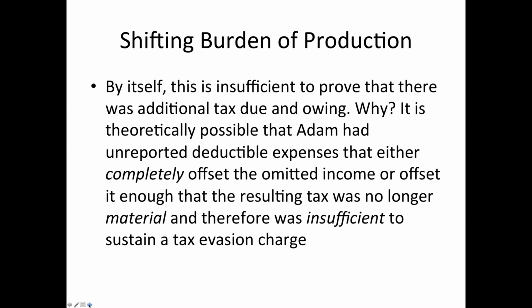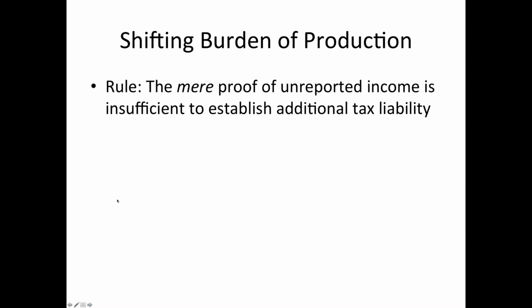The ones that become most interesting for the government, and that give them the most appetite, are the ones where the tax deficiency is over $50,000, or rather the amount of unreported gross income is in the six figures and the amount of tax deficiency exceeds $50,000. That's typically the threshold number these days. However, that by no means is a black letter rule. So the rule here that we come up with is that the mere proof of unreported income is insufficient to